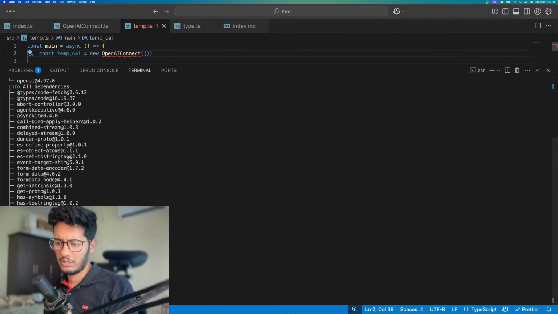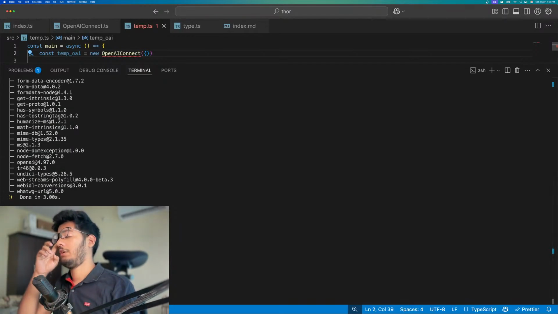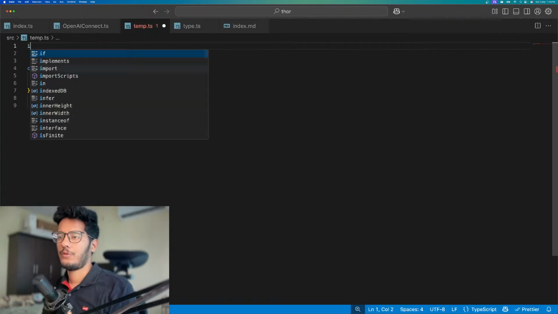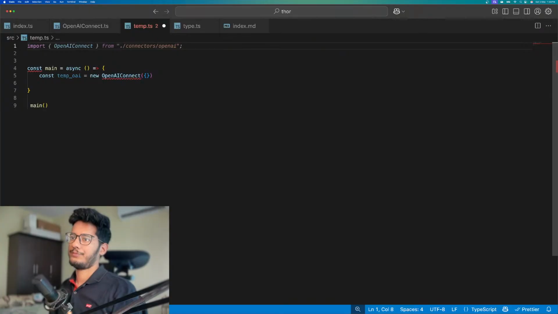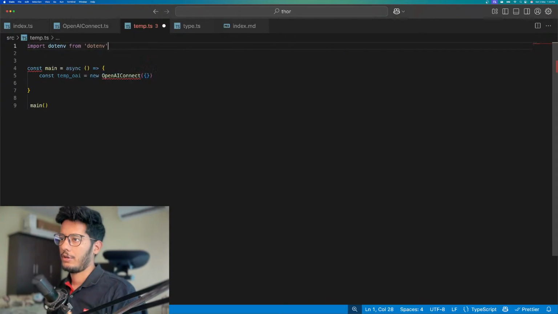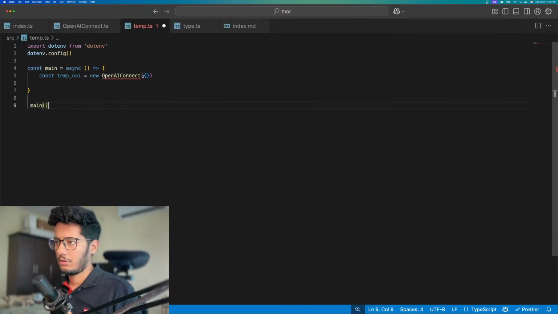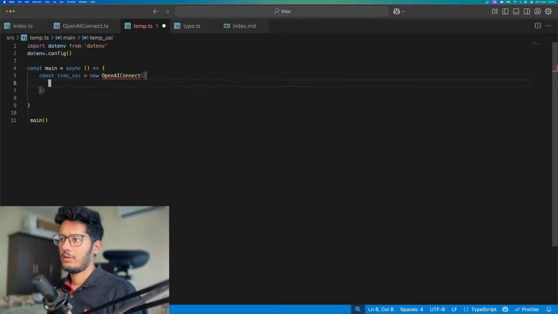Again, we'll have to install this package called dotenv. So we've added dotenv, and now we have to import dotenv from dotenv, and then we call dotenv.config. That will load all those things, and then I can pass the